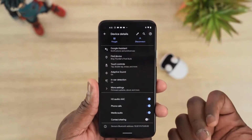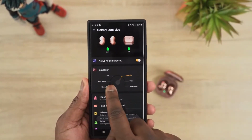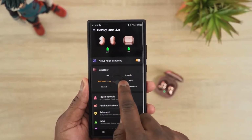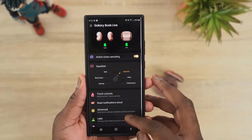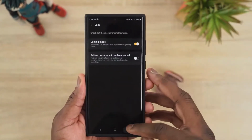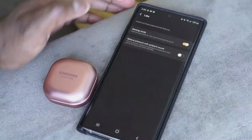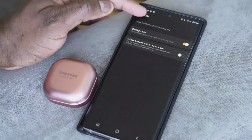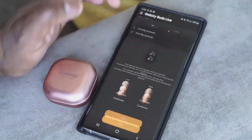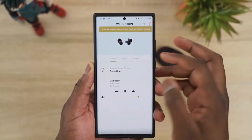Moving over to the Galaxy Buds Live, it does have a solid piece of software where you can turn ANC on and off directly from the software. You can also customize your EQs and find your earbuds as well. You can go into some of the lab settings, like game modes and things like that. So it's a little bit more robust, but not as robust as the Sony SP800N software,